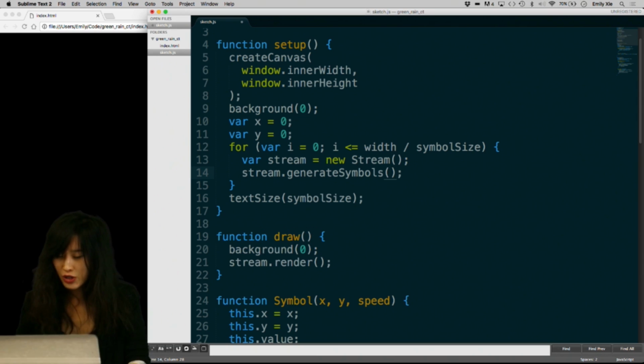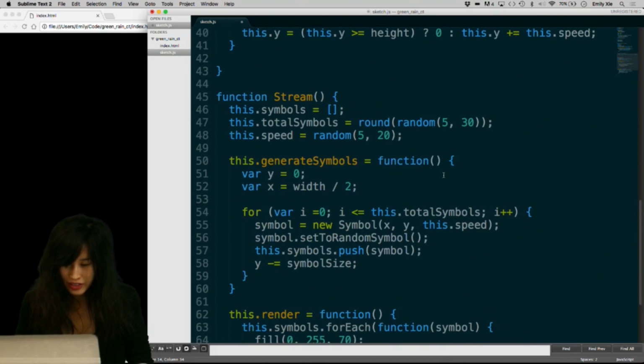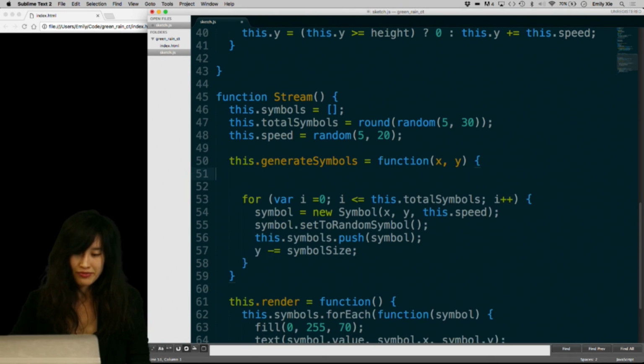And we originally hard-coded x and y into the generate symbols function, but since each stream will have a variable x and y that gets passed into it, let's go to that function and pass those variables into it, reflect that in the signature, and get rid of this x and y that we hard-coded. Okay,